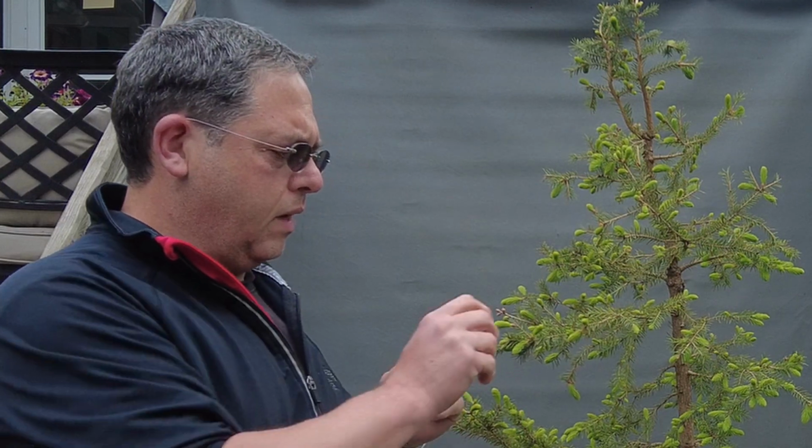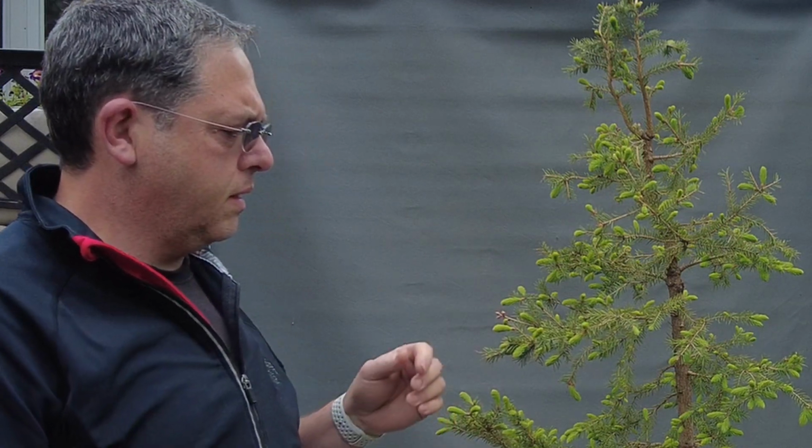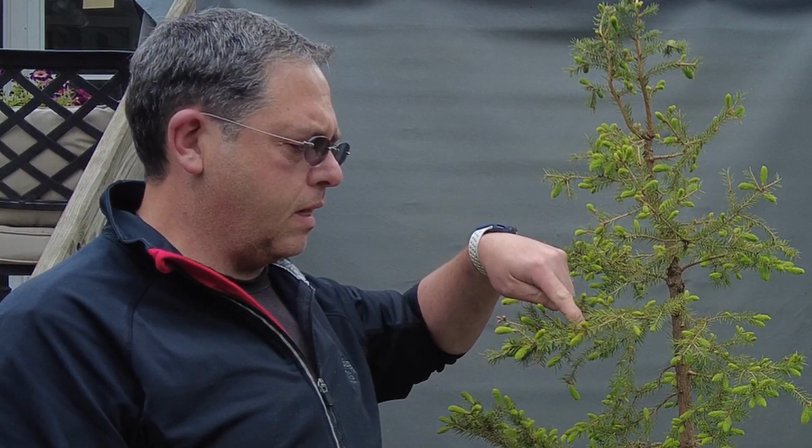So at the growing tips, we have a number of hormones, auxins, and these auxins lead to stem elongation, and at the same time they inhibit the growth of lateral buds. So as we pinch in a phased manner, the removal of the auxins will stop inhibiting the growth of other buds, and even latent buds that are not visible yet will be allowed to